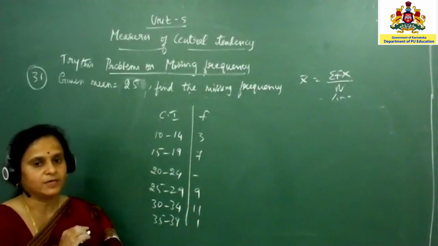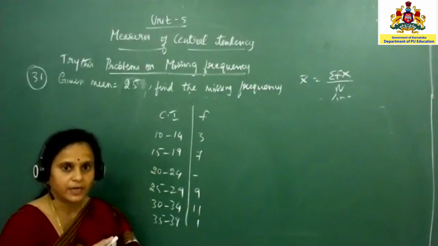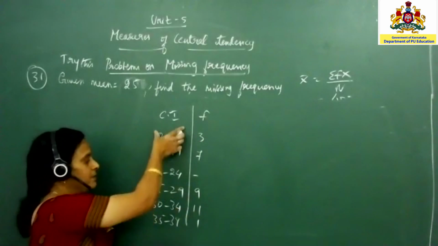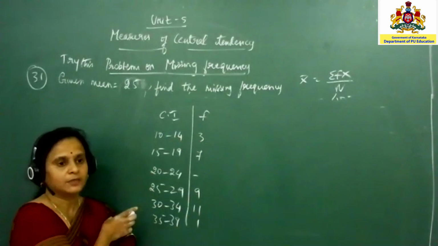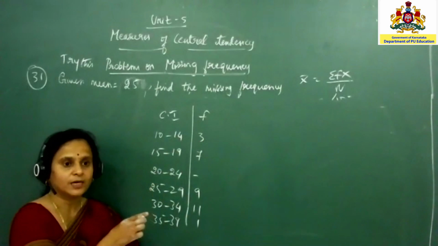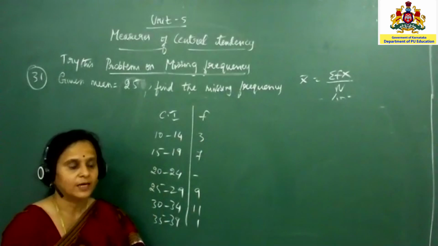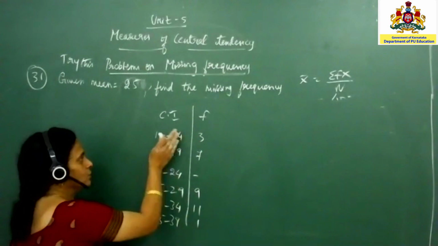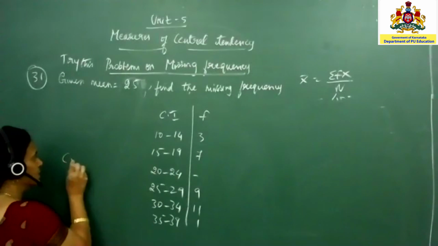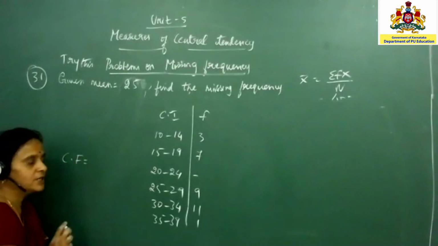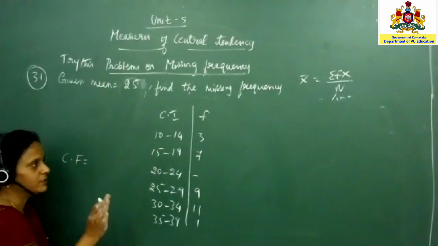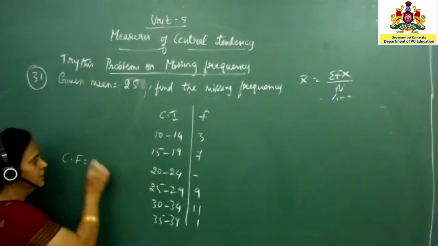Okay, similar to the previous one, but one difference you can make out. There, I just took it as an exclusive class interval, but here this is inclusive type. So whenever you have inclusive type, you can convert to exclusive type. So how to make the conversion to exclusive type? Right? So here, in general, we have to use a correction factor. So for correction factor, I'll just take up any lower limit of any class interval except the first one. I'll just take 15 lower limit